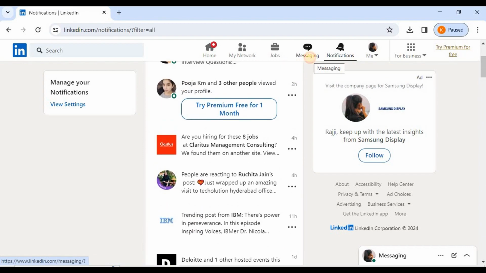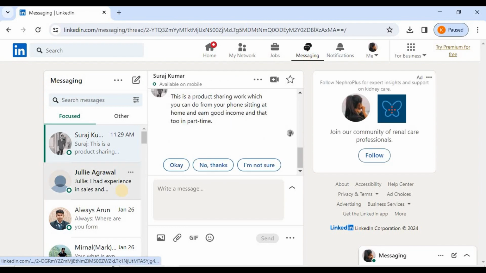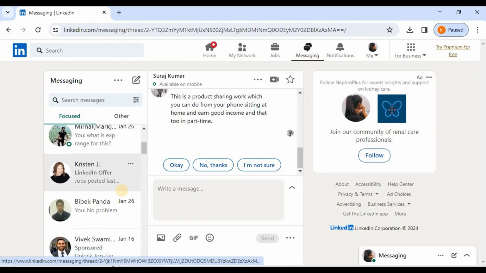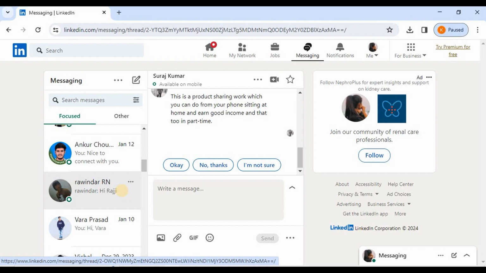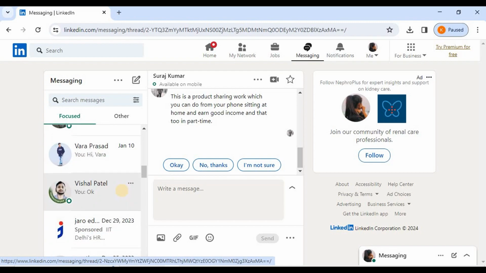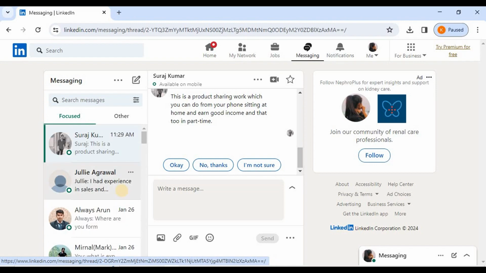The last third option is messaging. Whosoever is going to text you, you can see, and you can chat with people to enhance the network, to enhance the communication. You can start your chatting as well. Okay,